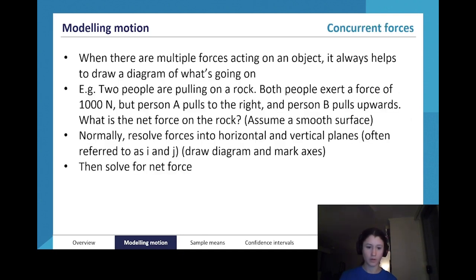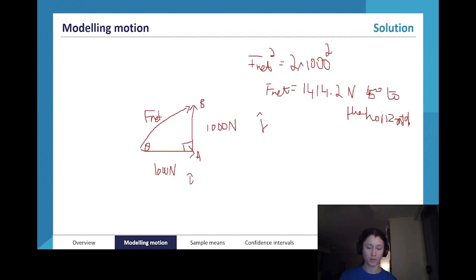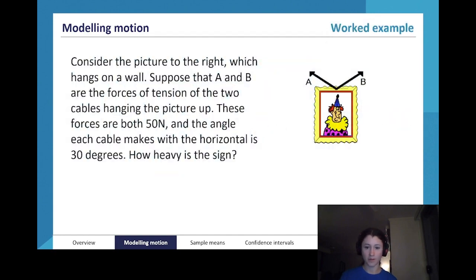Alrighty, so that was our question there. Pretty straightforward. Now we're going to move